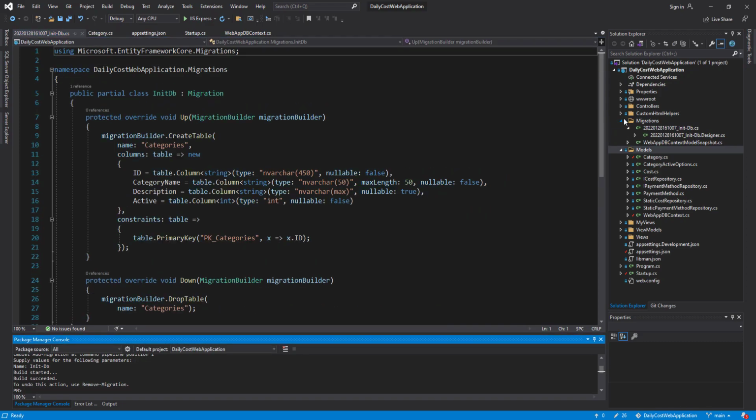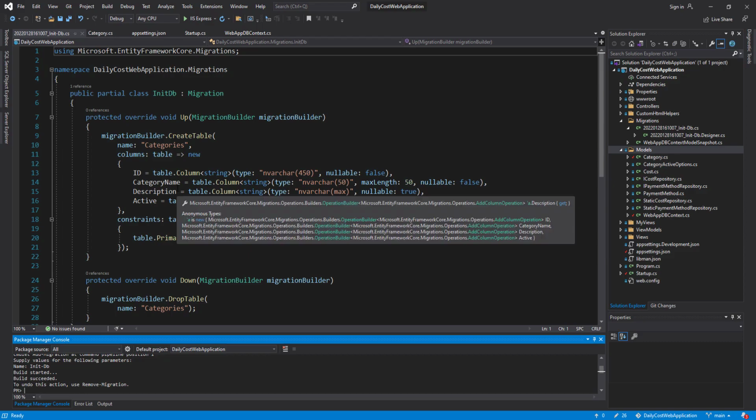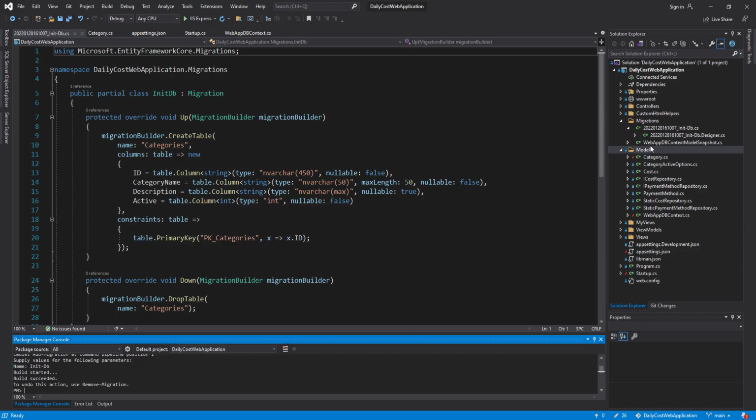And you can see again the migrations folder is created, and the class which is related to the changes that I want to implement inside the database is created inside the migrations folder. And next step, I want to implement these changes inside the database that I selected through the connection string. For this purpose, I can use the database update command inside the package manager console. I use update database, and by launching this command,